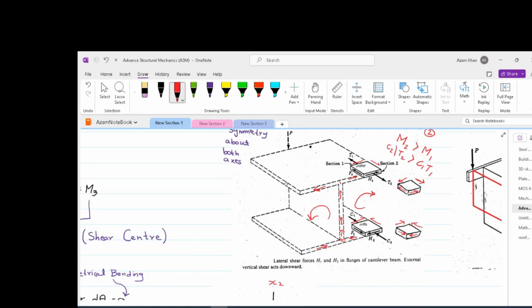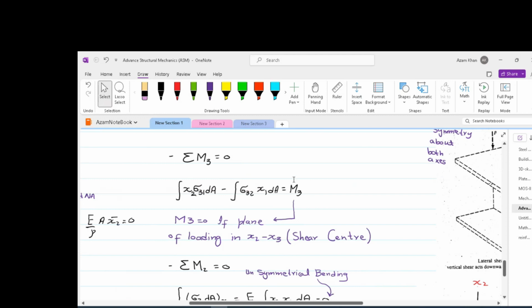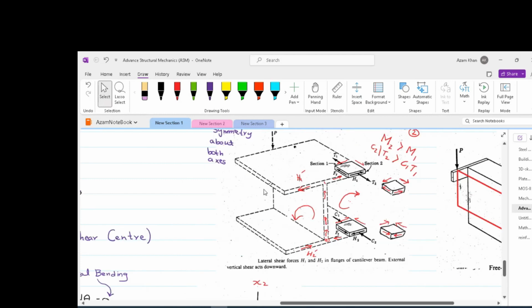So H2 times D will be this moment, but there is another moment which is because of, say, H2 bar and H1 bar, that is along the left portion of the beam. So H2 times D must be equal to H2 bar times D in order to satisfy this condition, because we have got no external moment applied, so M3 must be equal to 0. However, what will happen